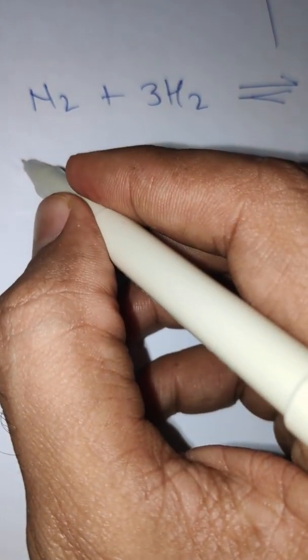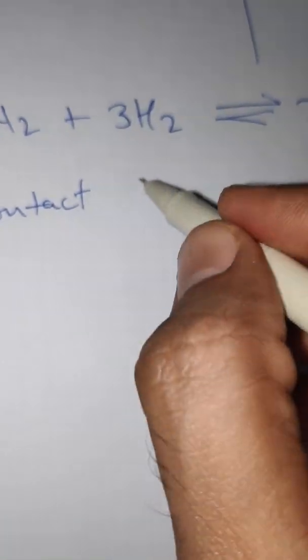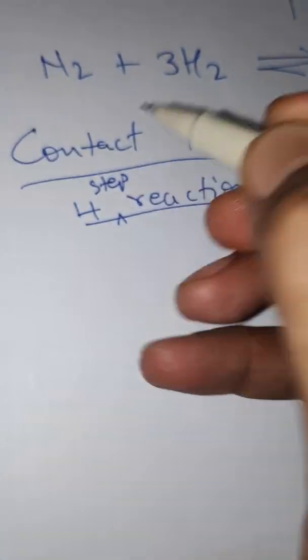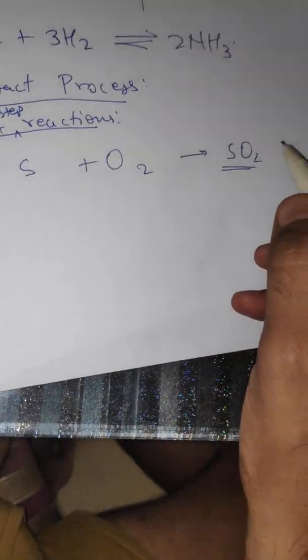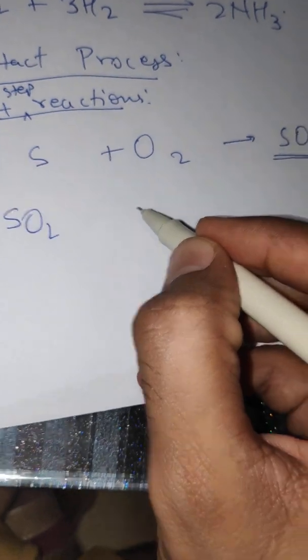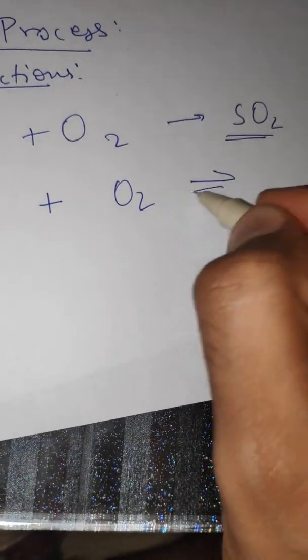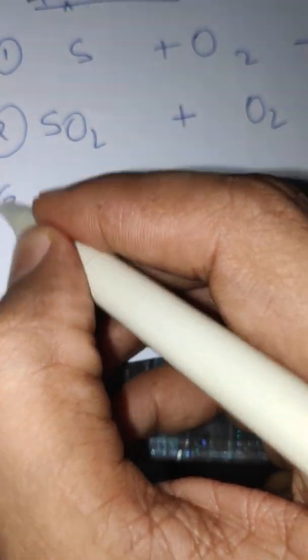Now we will talk about the Contact process. In the Contact process you just have to remember 4 reactions. What are those 4 reactions? There are 4 reactions, a 4-step reaction, I would say. What are they? The first one is sulfur combines with oxygen to give you sulfur dioxide. Second, this sulfur dioxide will now move ahead and comes in contact with oxygen once again, and this is my reversible reaction, where all the conditions will now apply. Then the third will come: the sulfur trioxide is going to combine with